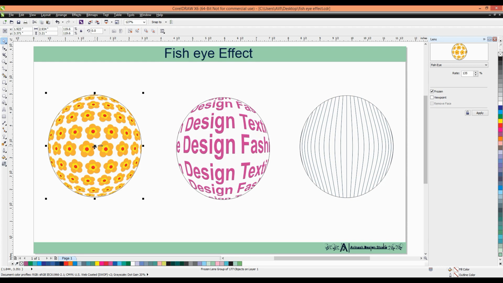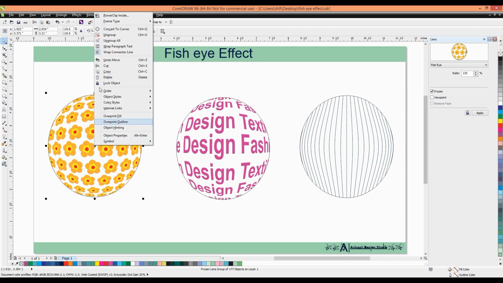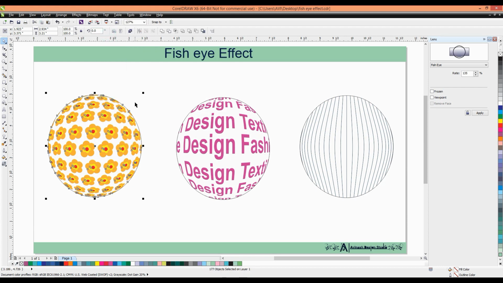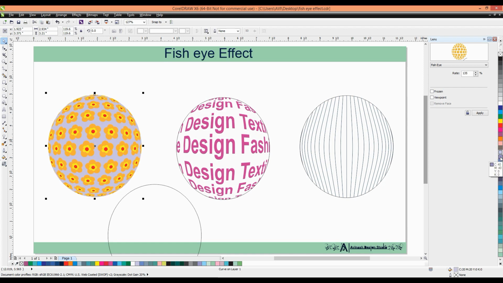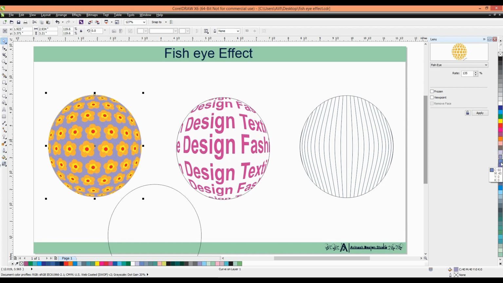Now select the first one, right click and ungroup the pattern. When we ungroup the pattern, we can shift the circle from here. When we shift the circle, we select the background color here. One circle is already here. We can change the color, and see, behind it there is one more circle where we can fill the color like this.